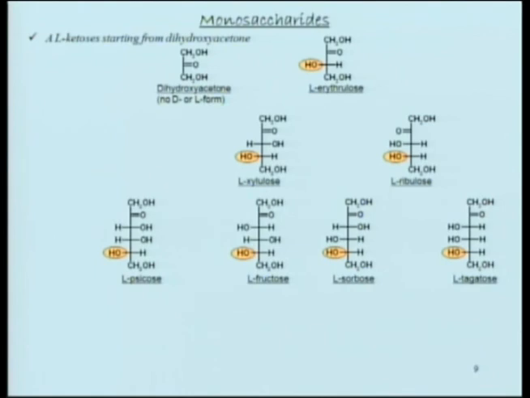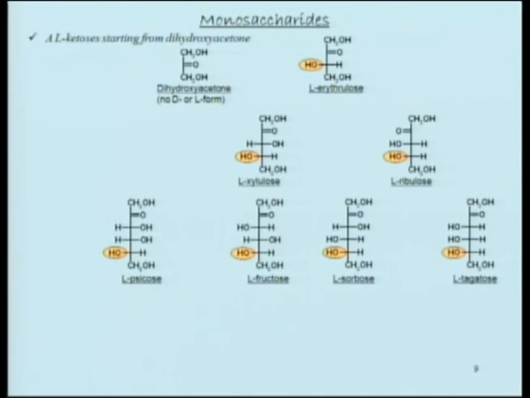Likewise, the same series is obtained from ketoses. Essentially the same series, but in ketoses, you have 1 less chiral center, because in a ketose you have destroyed the chiral center at position number 2. You can't have a keto at position 1. That would be an aldehyde, right? So therefore, keto is typically at position 2. And we keep keto at position 2 and start adding a carbon in between these two. So dihydroxyacetone has no D or L form.